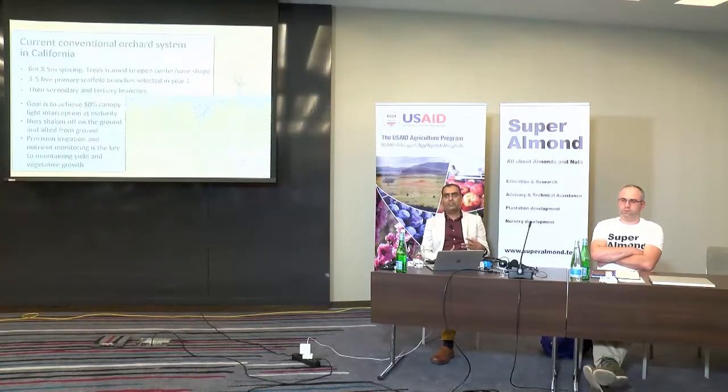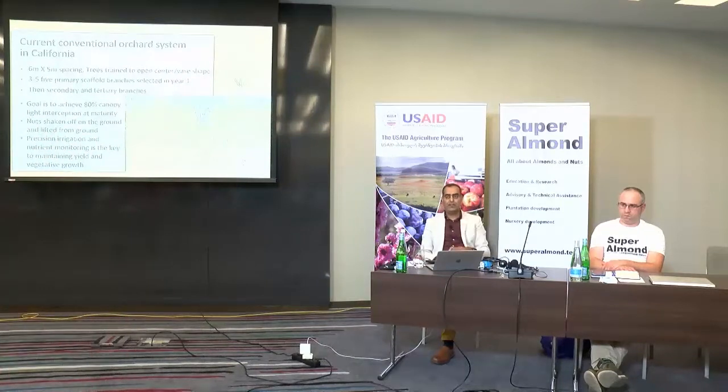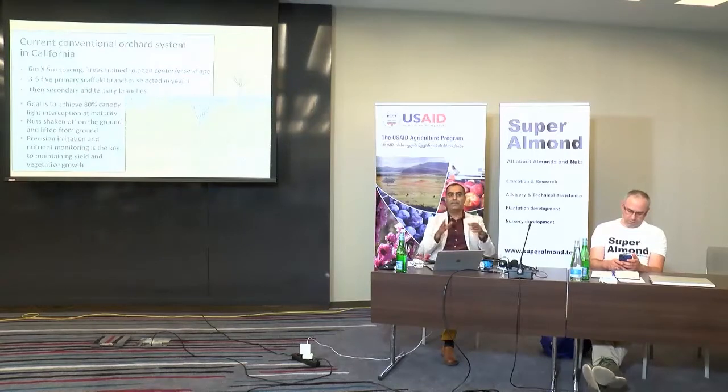One of the thoughts behind altering the tree shape is that we have evidence from walnut. The University of California's trial near Merced recently did a research trial on walnuts in the central leader. They found that if you develop the central leader and then let the tree develop its shape on the sides, the lateral branches, and leave it essentially unpruned, except the dead or diseased branches, of course, with no intervention to cut the central leader or anything,